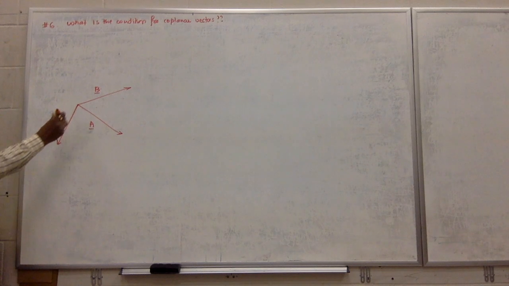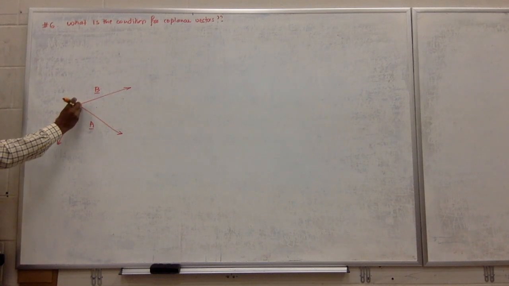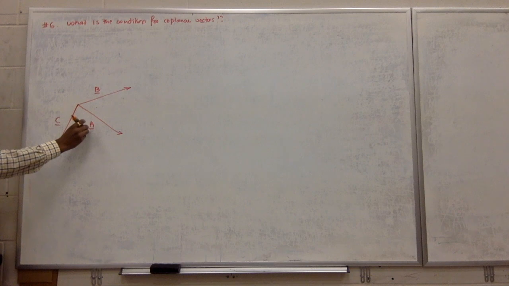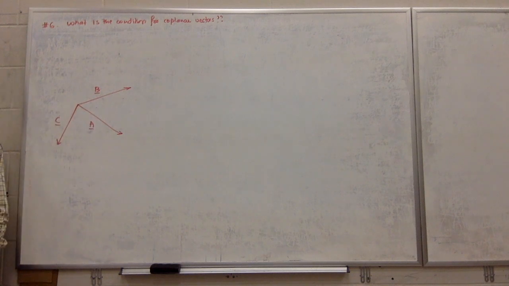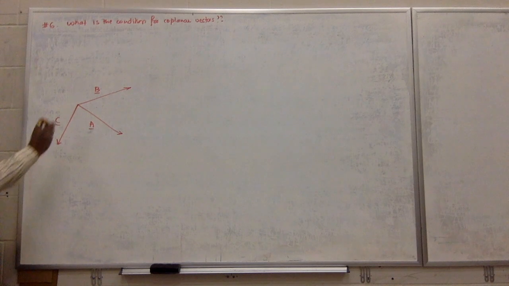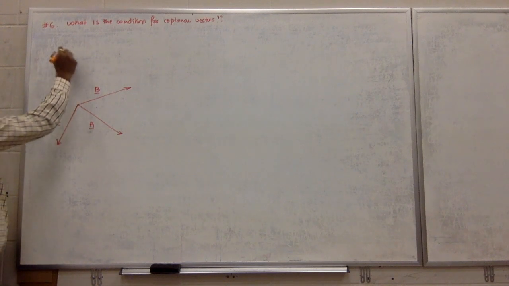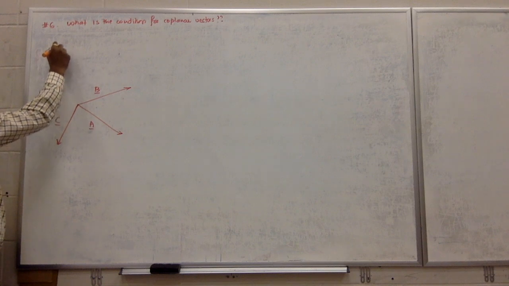Coming out of the board. You got it? This vector can represent C cross A or A cross B. Got it? So if you take A cross B, what you should know is